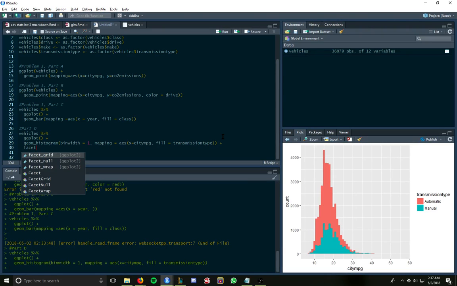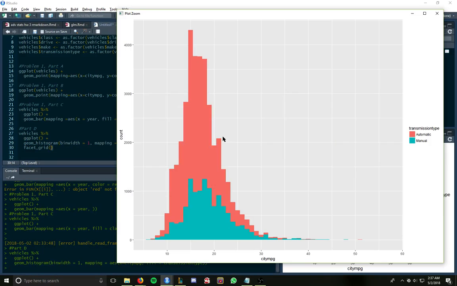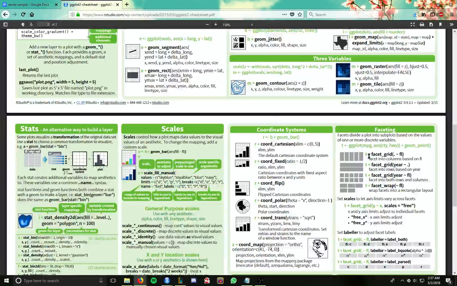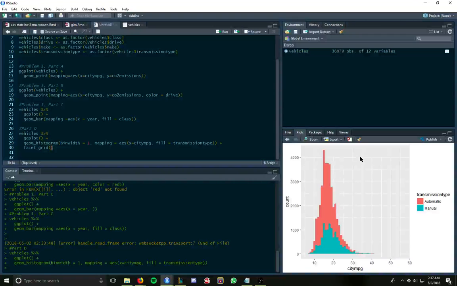We're going to do facet grid, and we're going to use grid because over here it'll break things into columns based on whatever your argument is. So over here, we're going to do period